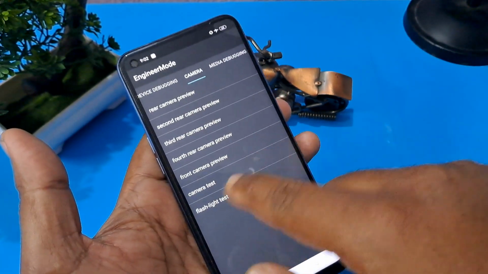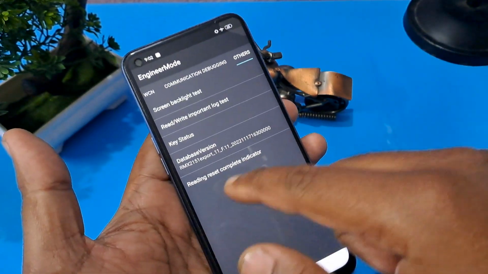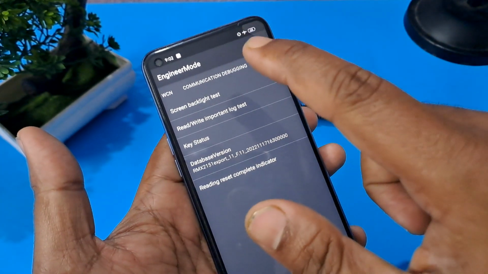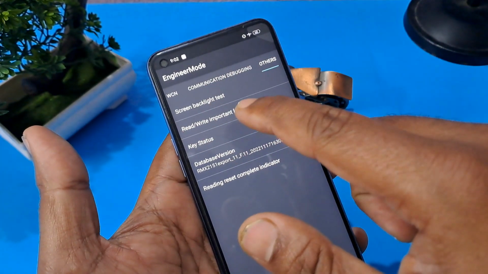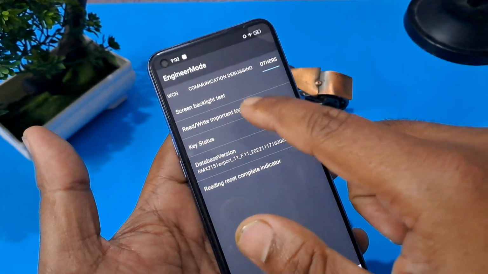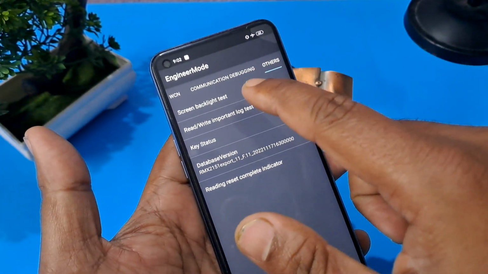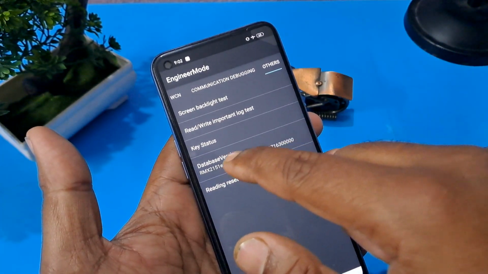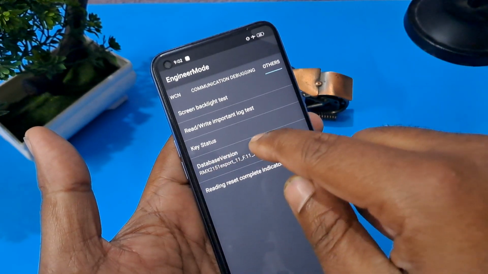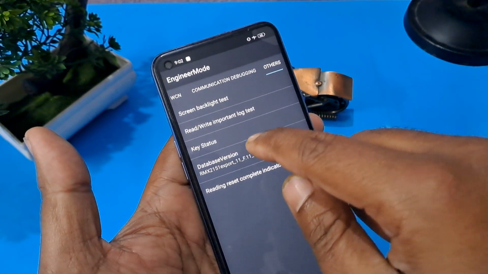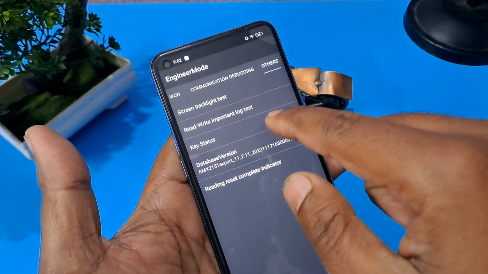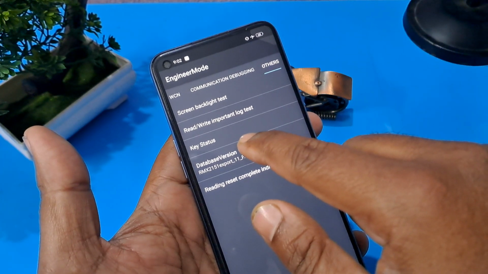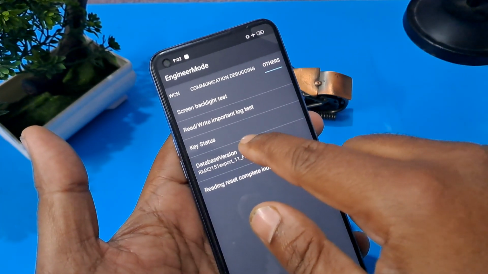The last and most important option is the others option. There are also five options coming. What I did a few minutes back with the Android version or mainboard version, because here it is showing the Android version is 12, I am going to merge with the mainboard version or database version. So press here in database version or mainboard version 12 times. Similarly, if your Android version is 896 or whatever, press here the same. So I am going to press here 12 times: 1 2 3 4 5 6 7 8 9 10 11